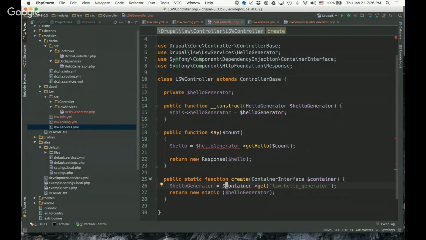It would run actually before the constructor runs. I'm not entirely sure if that's a Drupal thing or a standard PHP thing. It might be a standard PHP thing, or it's actually something to do with the controller base. But anyway,